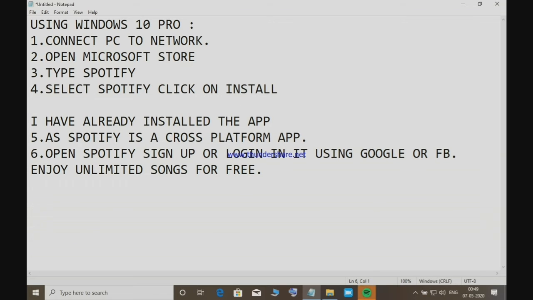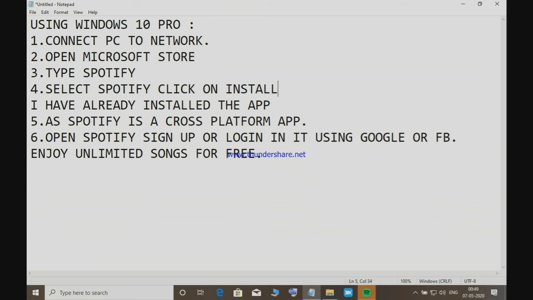And Spotify is a very good app, and we can explore unlimited music from there, in various languages also, and various pop sounds also, electronic songs also, and we can explore it from there, and it's a very good app.